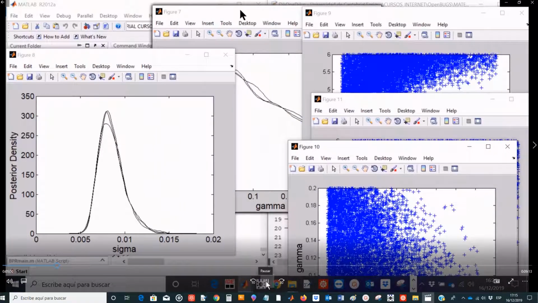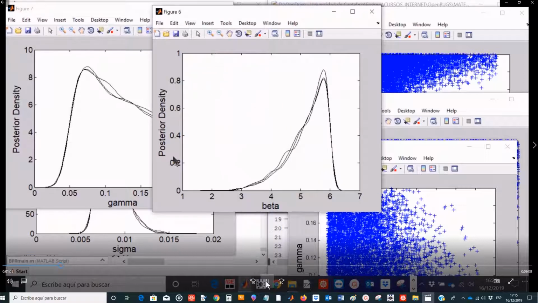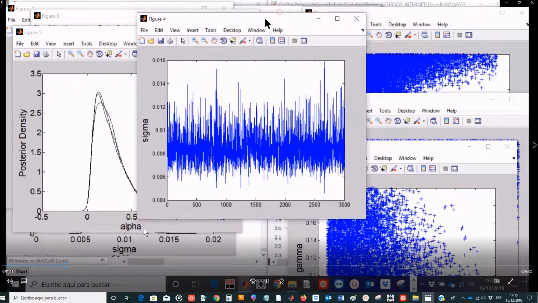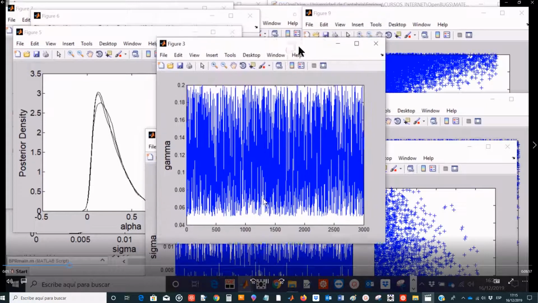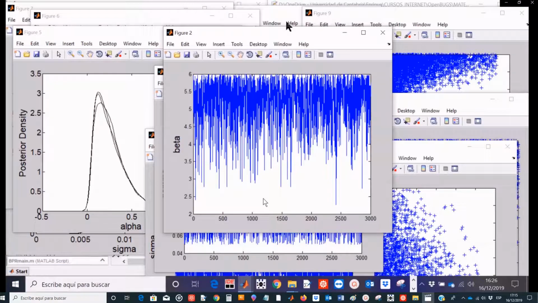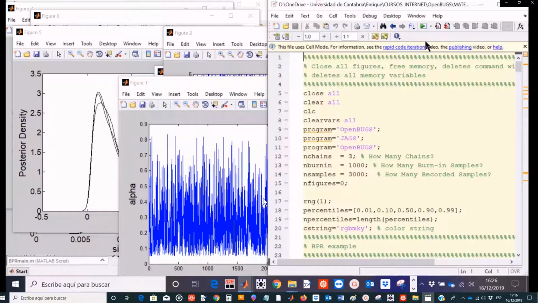So you get these posterior densities for the beta parameter and for the alpha parameter, as you can see there. You can see the history plot for the sigma parameter, the history plot for the gamma parameter, the same for the beta, and the same for the alpha. So you can see that there is a very nice regularity. That means that the program has had no problems.